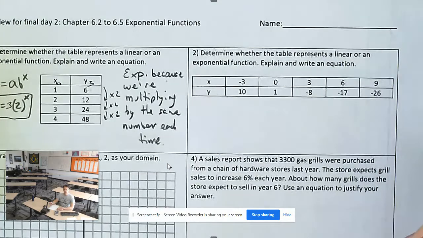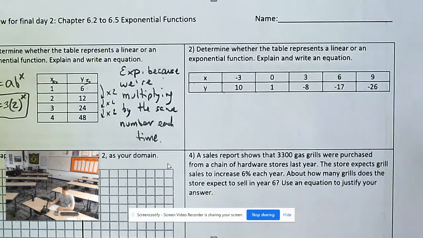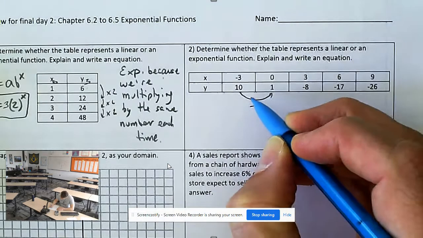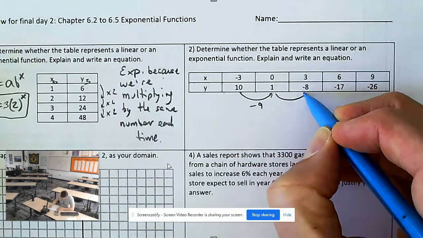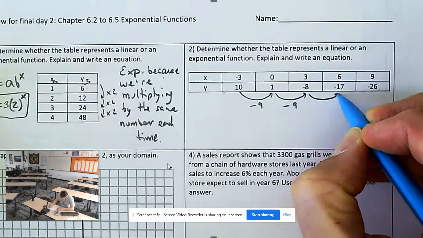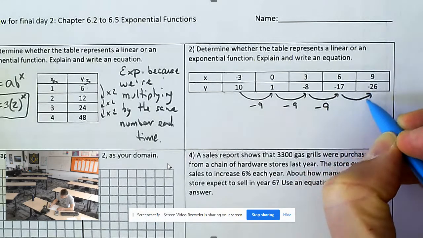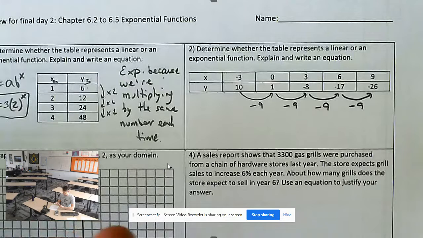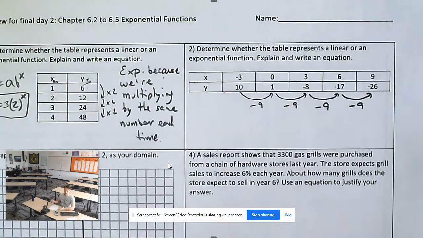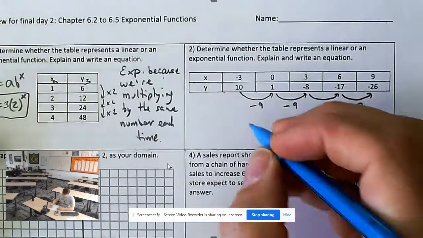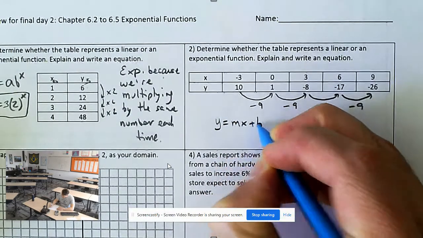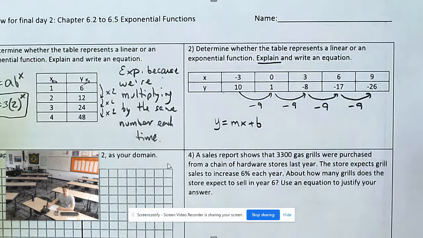All right, let's see. Does this table represent linear or exponential? Well, let's find out. So here I'm going down 9 or times 1/10. Here I'm going down 9. Oh yeah, we're going down, aren't we? So it is going to be linear because you're adding the same thing each time. So let's see, what is it that we're adding each time? Well, actually, we're subtracting in this case. We're adding a negative number. So it's going to be y equals mx plus b. So explain it. You have to write linear